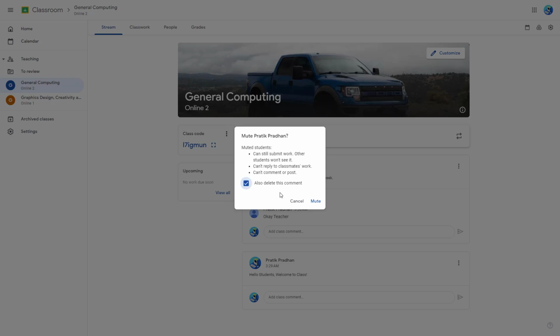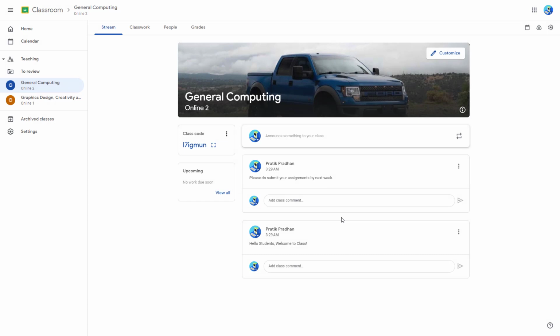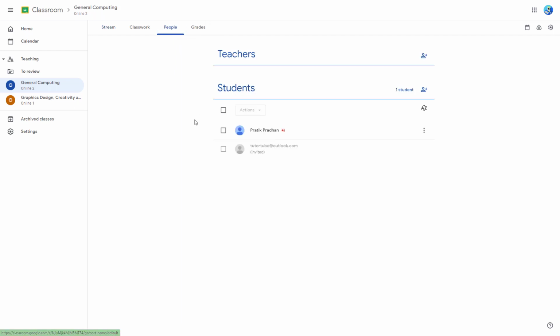So I'm just going to say also delete this comment, and that deletes the comment as well. And then you can click on mute. Once you do that, that particular comment is deleted and that particular student is set to mute. If you want to unmute that student, then you can go under people right here,